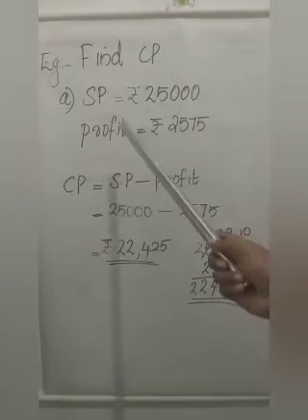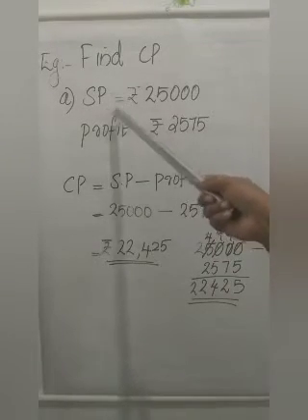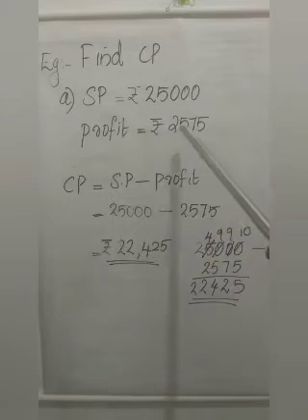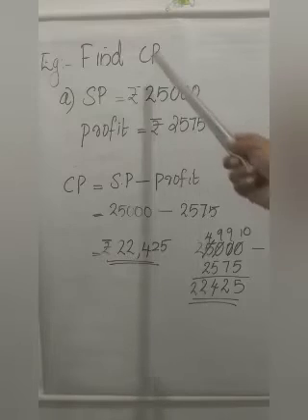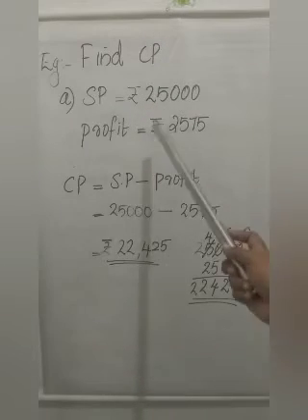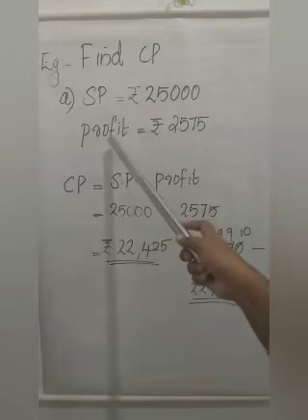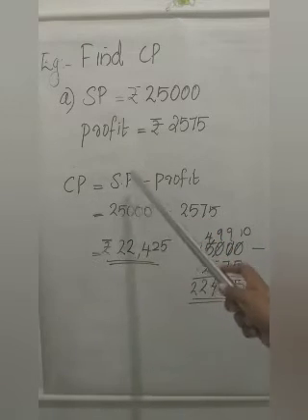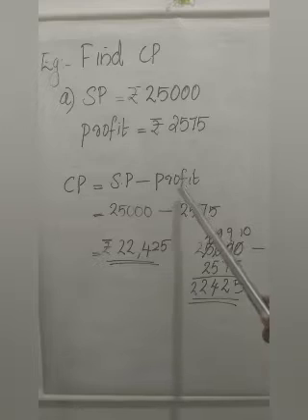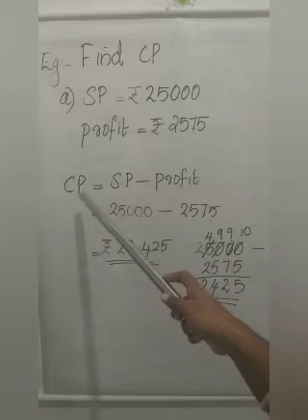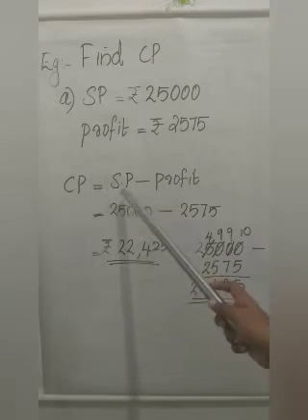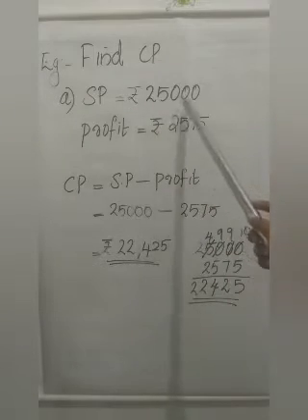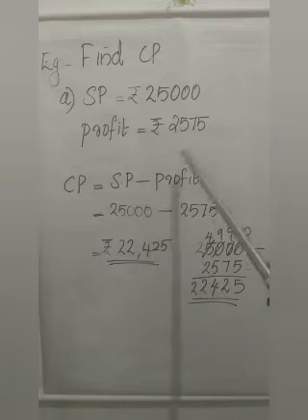First example: given selling price rupees 25,000, profit 2,575. We need to find cost price. How will we find cost price? If profit is given, cost price is equal to selling price minus profit. Here selling price is 25,000. Profit is given as